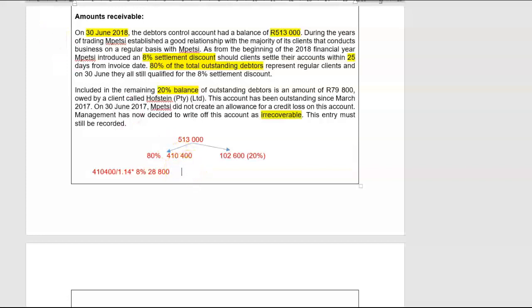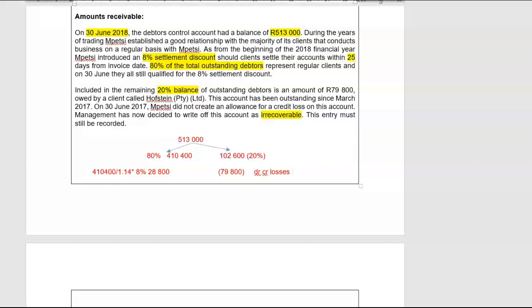Now remember, how much are we going to write off? We're going to write off our debtors amount, a total amount of 79,800. Then we must remember, what are we going to do? We're going to debit credit losses with a VAT exclusive amount. So our expense account is going to be debited with